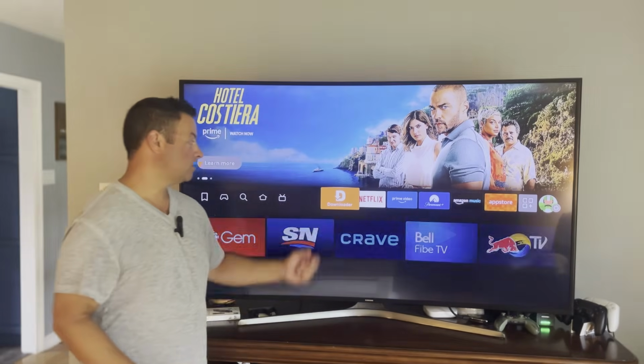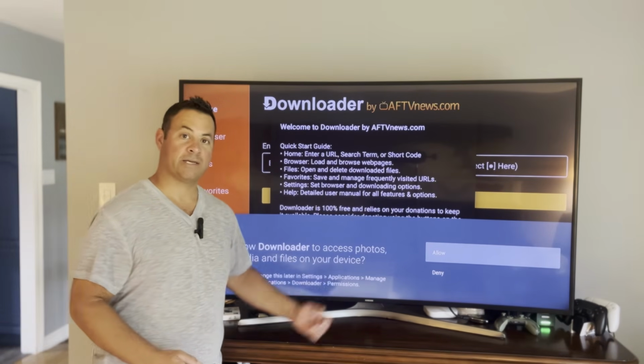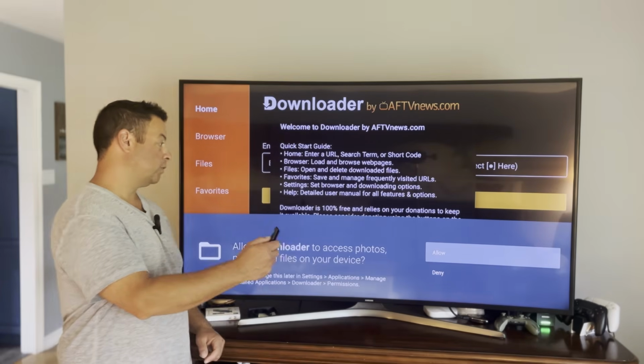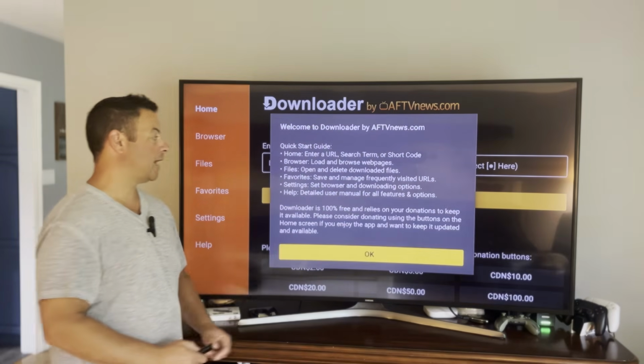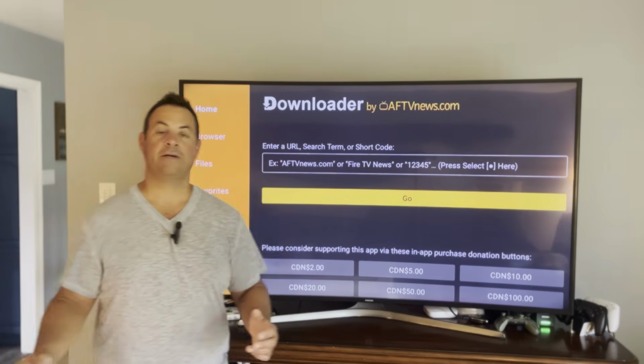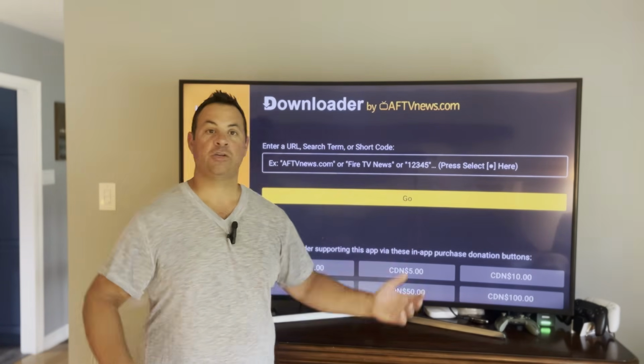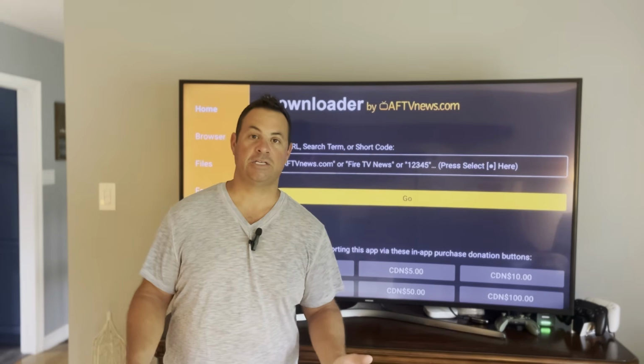So open up Downloader. Allow Downloader to access photos, media, and files on our device. So push allow. A quick start guide. We can click OK. Now here, Downloader works just like a web browser. So you can type in any URL, like say